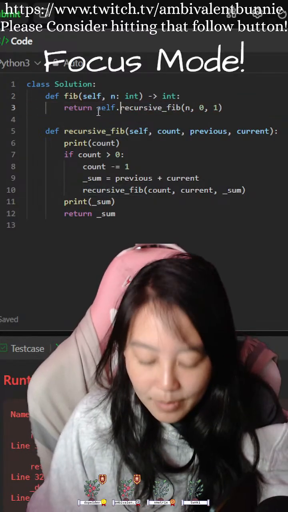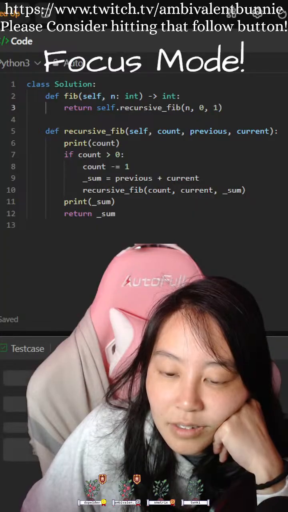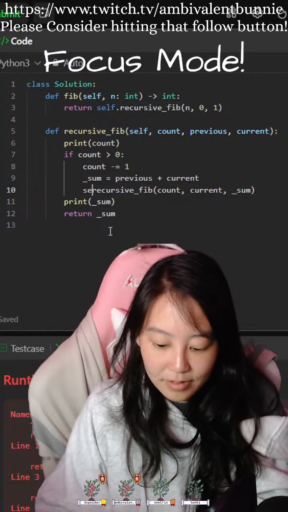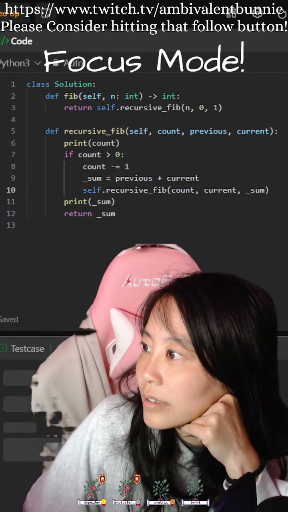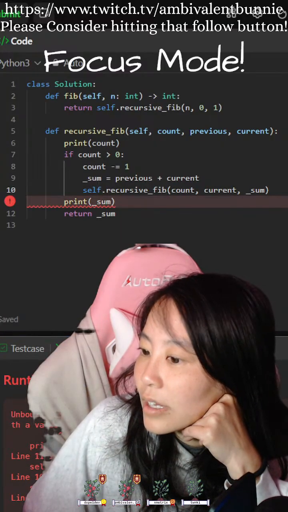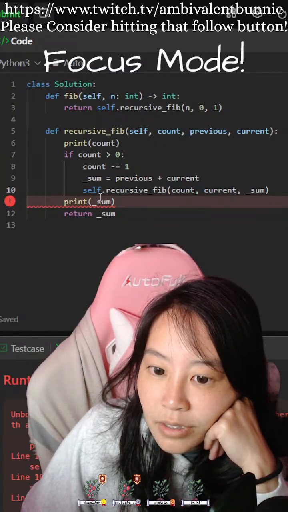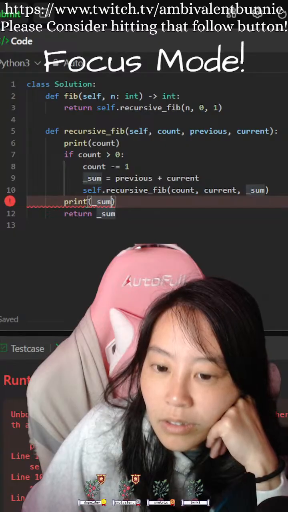Recursive fib. Okay, so unlocal with a value. Oh, wait.